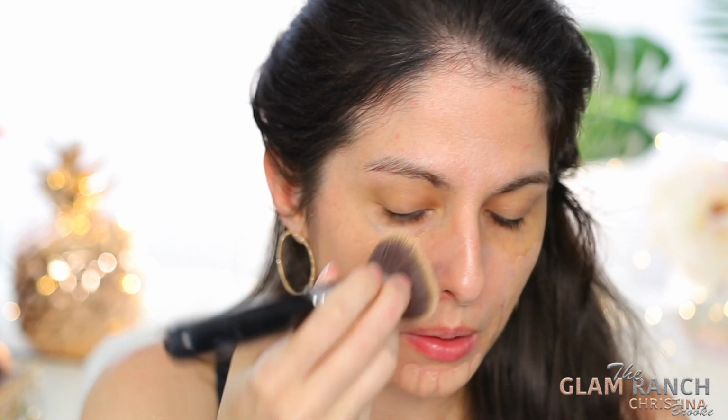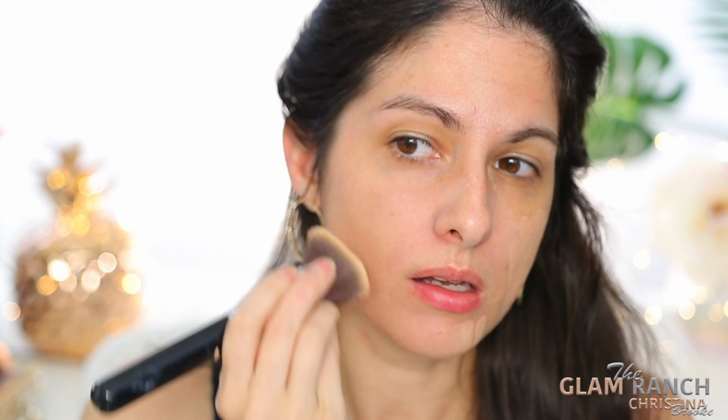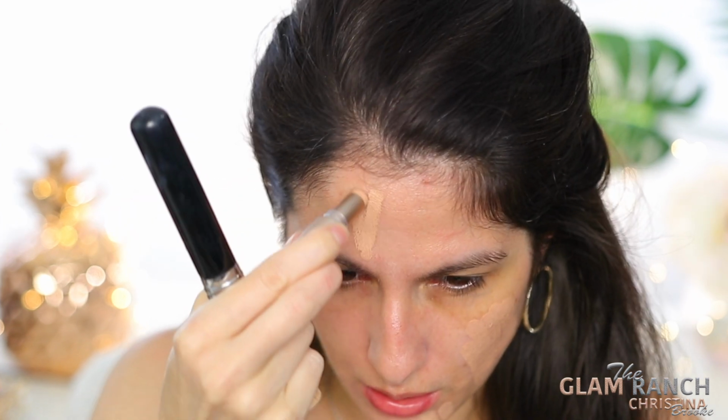But I was like, let's give it a shot. So I went ahead and used it on this side of my face, and when I was putting it on, it doesn't have a real strong grip to it, which sometimes stick foundations have. And as I was putting it on, I was trying to press down,